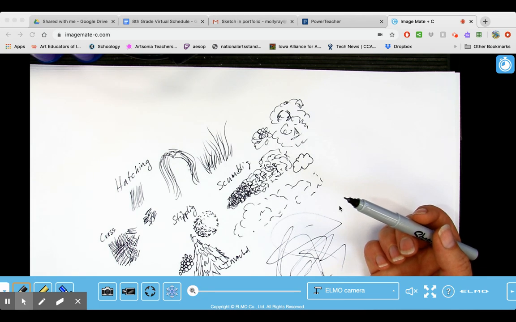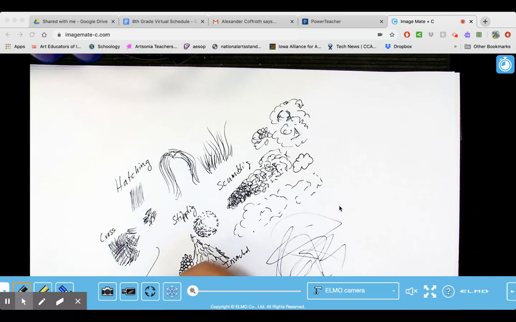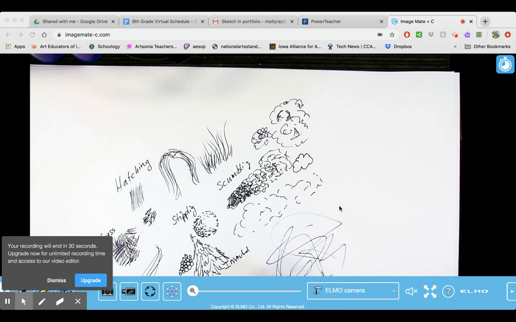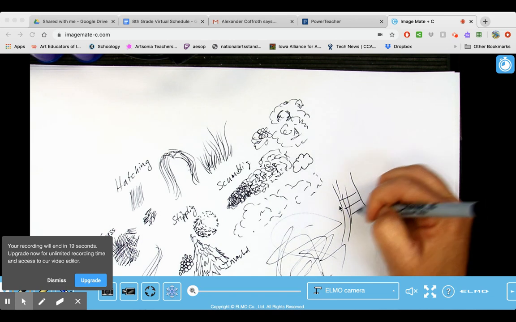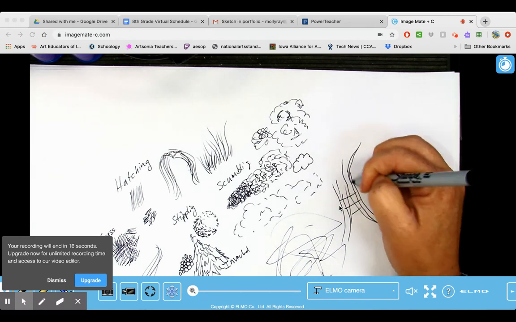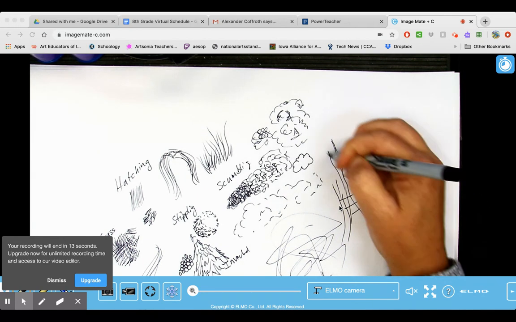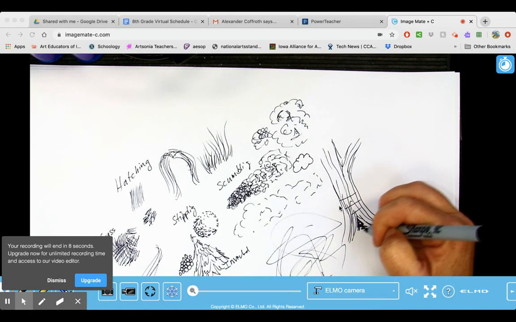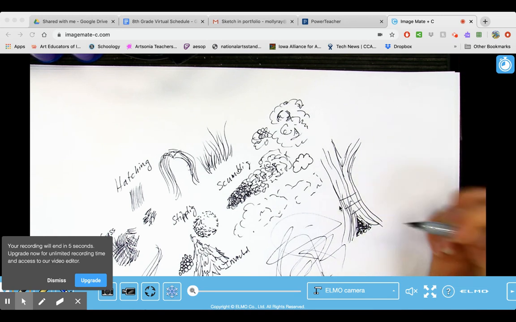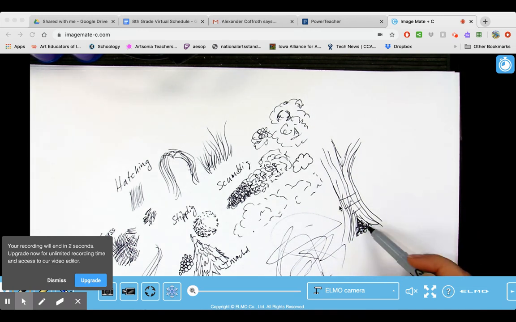that can be used. Contour lines, remember, when you're following a contour, it's an outline of something. So if you had a river and you had a rock in your river, the line is going to go around that rock. It can't go through it, right? So that's a contour. Or if you had a tree trunk, your bark is going to contour with the tree. It's not going to go this way. It's going to go with the contour of the outline of the tree, because that's how bark grows. Okay, so that's how you use texture in many different things. Maybe there's a hole in the tree. You can color it in black, or you can do kind of a scribbly, scumbling texture. It's going to give that illusion that maybe there's